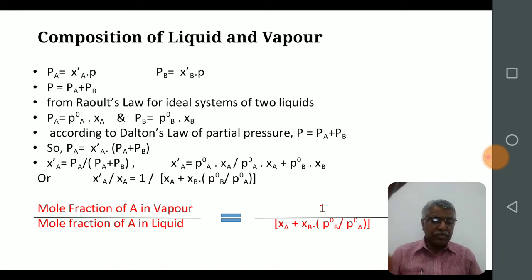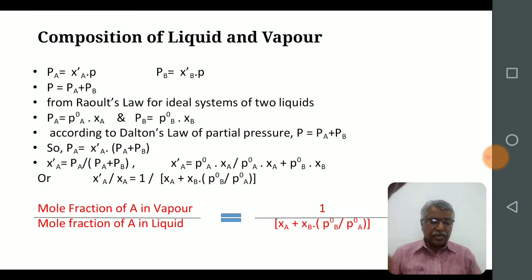have the same values. If the vapor pressure of pure B is greater than that of A, the ratio P naught B upon P naught A will be greater than unity, and hence the value of the denominator in the equation will also be greater than unity. The quotient in the equation will thus be less than unity. Consequently, the mole fraction of A in the vapor phase will be less than that in the liquid phase. This means that if the pure liquid B has a higher vapor pressure than pure A, the vapor will contain relatively more B than does the liquid with which it is in equilibrium.